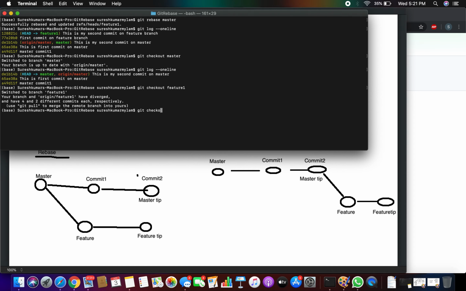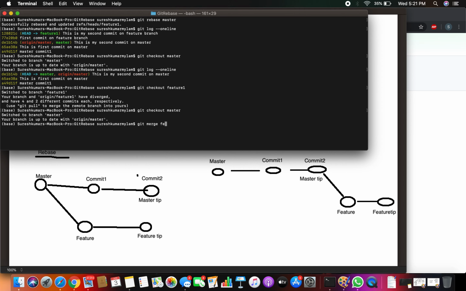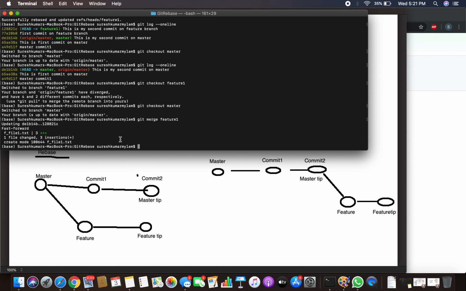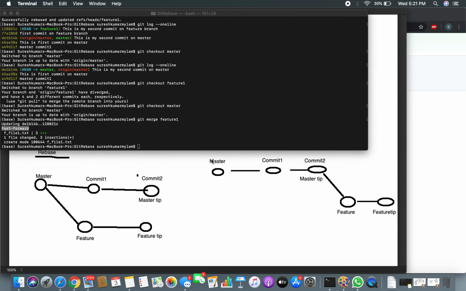Git checkout master, git merge feature1, and see, now this feature branch is merged to master, because there is absolutely nothing to be merged. That's the reason you are seeing a fast forward. The tip of the master is forwarded to the tip of the feature branch.